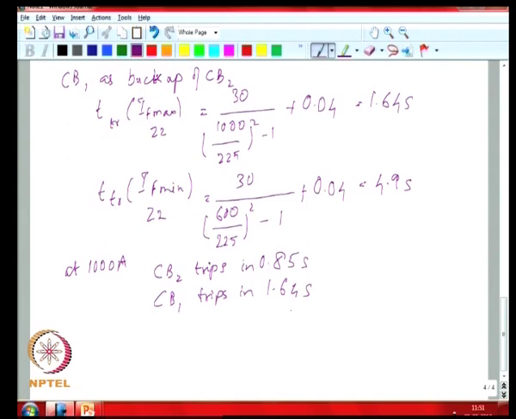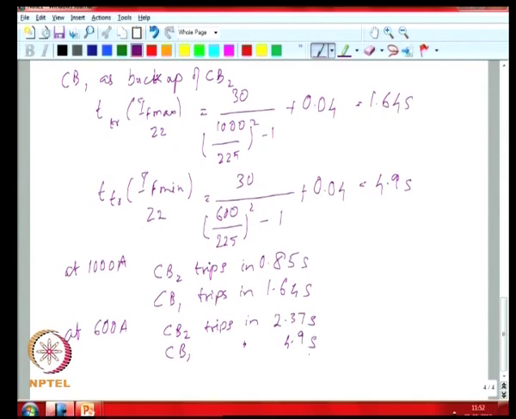So, CB2 should obviously trip earlier. If it does not trip, then CB1 acts at 1.64 seconds. If you look at 600 amps, CB2 trips in 2.37 seconds and CB1 trips in